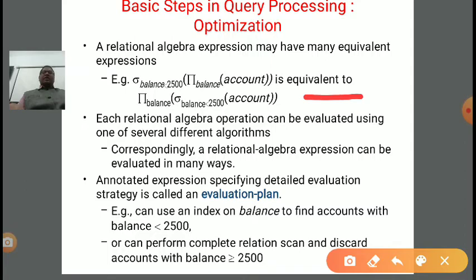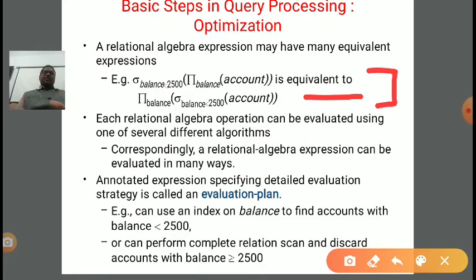After that we just remove all the attributes other than balance. So pi of balance will select only the balance attribute. So first applying pi and then sigma, or first applying sigma and then pi, both are equivalent, right? Now each relational algebra expression or operation can be evaluated using one of several algorithms.